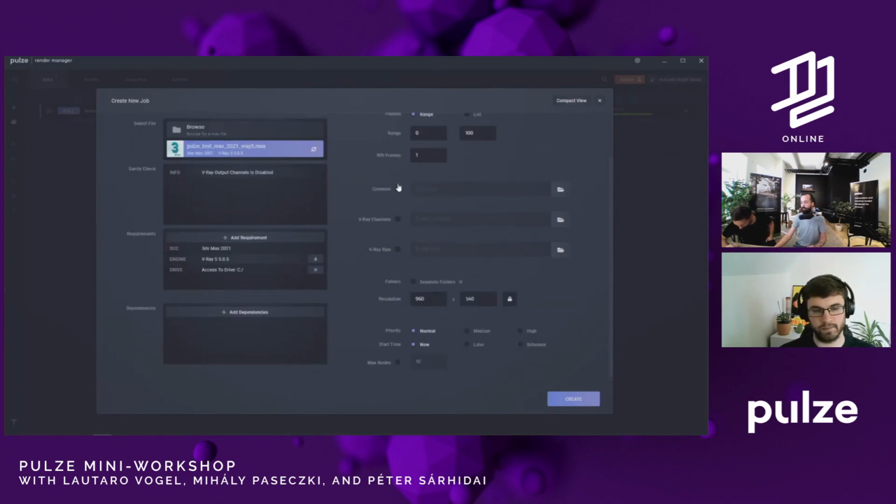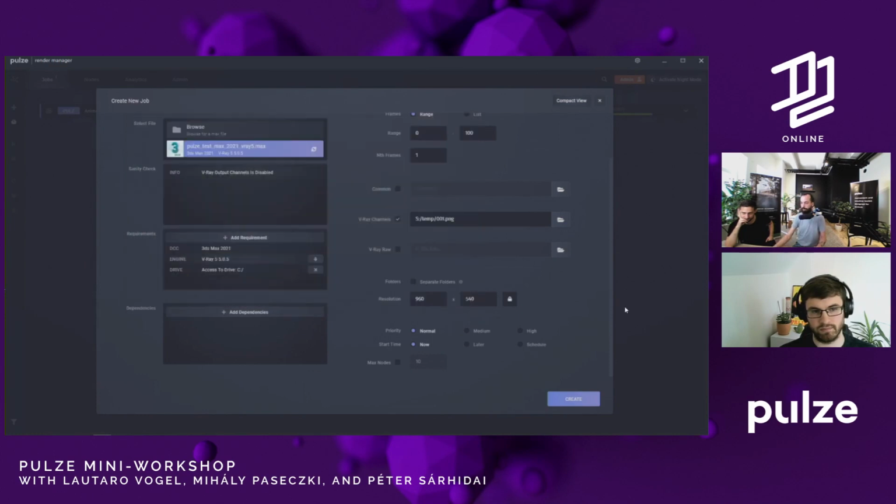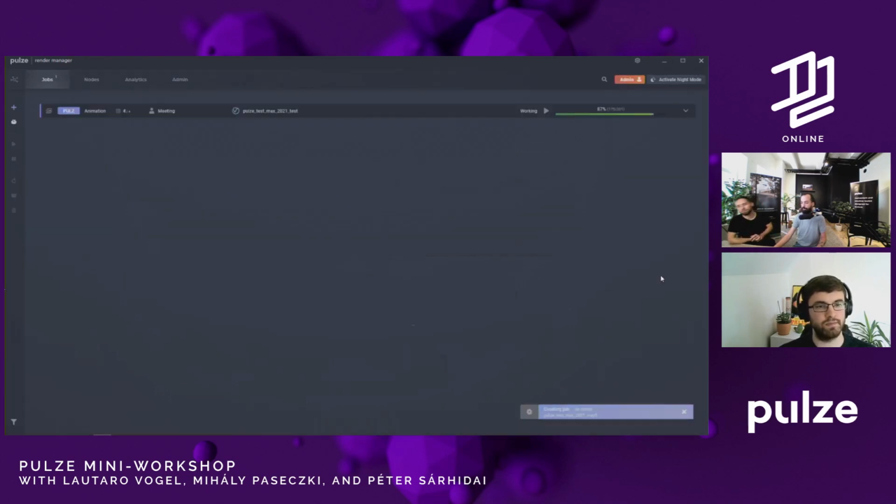Also, for V-Ray you have three kinds of outputs: the common one, obviously, then the channels and the raw. So we can set up an output here also. Let's just name something, and PNG. You can change the resolution and decide what the priority should be and when it should start. I want it now, and normal should be enough to give me about half of the nodes of the farm. So if you just hit create,